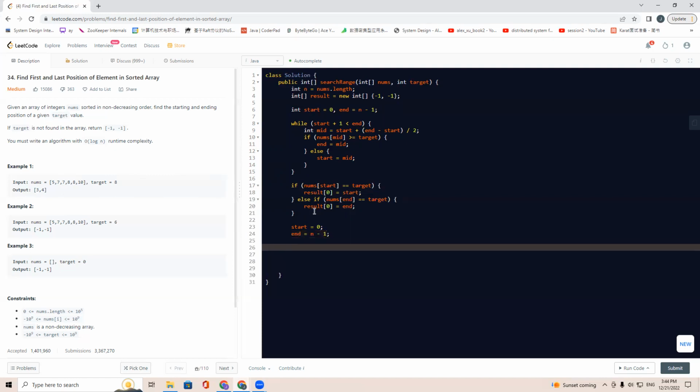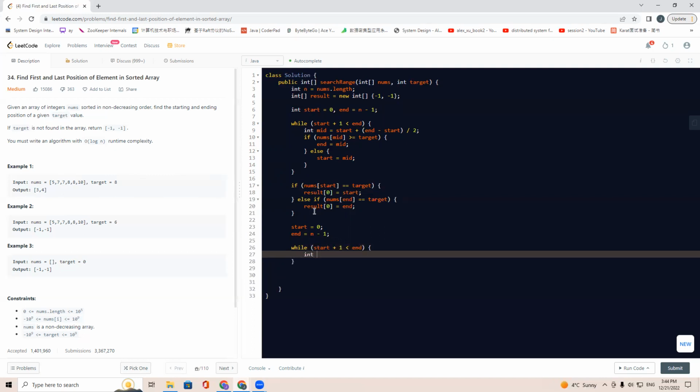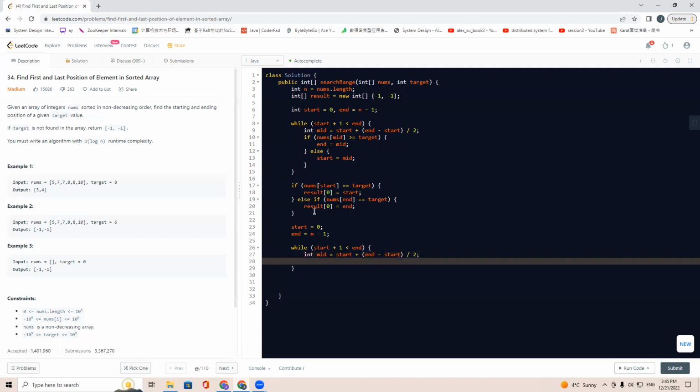So now we'll find the last element while start + 1 is smaller than end, mid equals start plus (end - start) divided by 2. Right. So let's say if nums[mid]